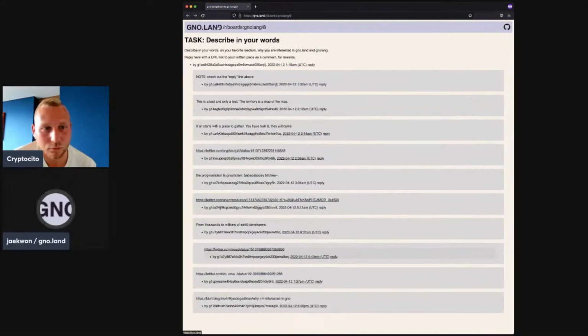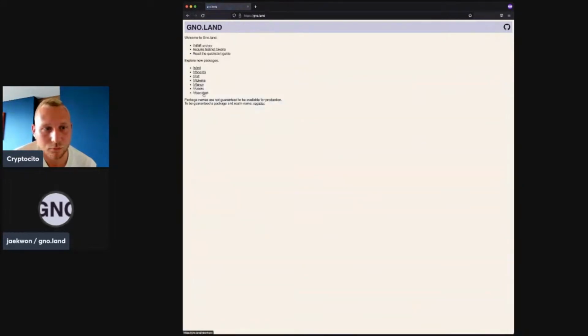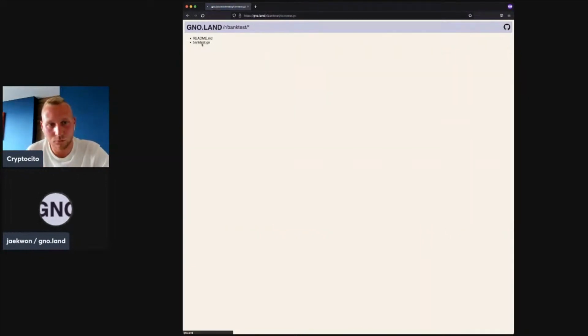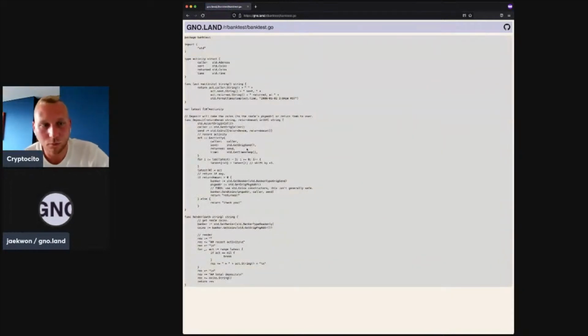It's simple enough. I want to show you another contract that's a lot simpler. So if you look at bank test, let's look at the public functions. You'll see that there are two public facing functions here. This is dynamically generated based on the function specification. I'll show you the code later. This is the render function, ignore that part. But all this does is that you can deposit, you can send coins with it by filling in how many coins you want to send here, and then you can get a return of those coins back, however many you want. And if you want to see how it works, this is it, right?